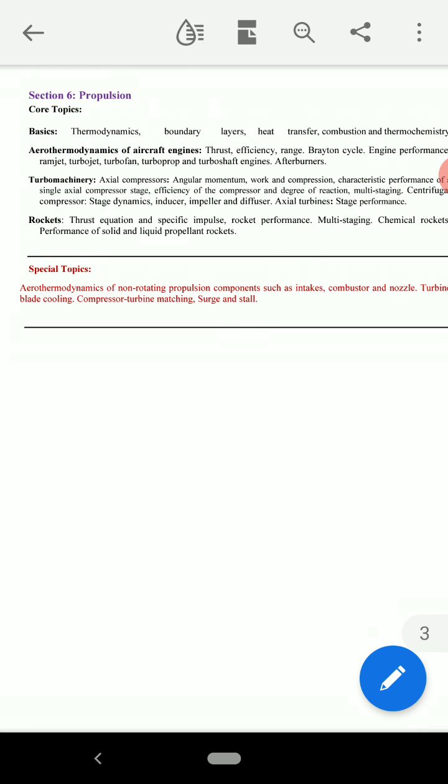Special topics: aerothermodynamics of non-rotating propulsion components such as intakes, combustor and nozzle, turbine blade cooling, compressor turbine matching, surge and stall. So those who are planning to apply for the aerospace engineering department in the GATE examination 2021, please follow this syllabus